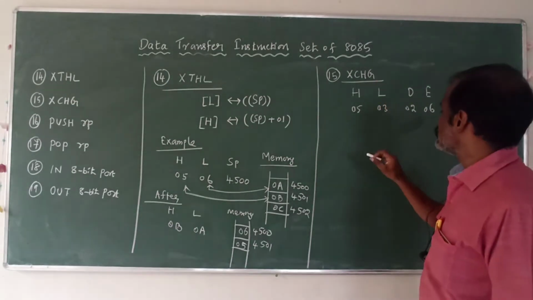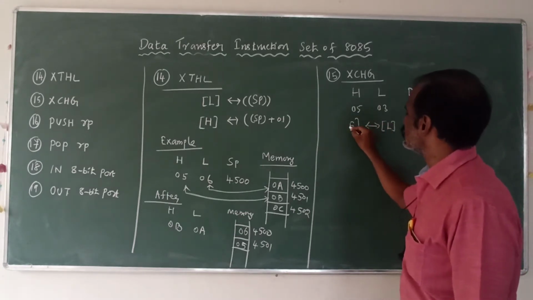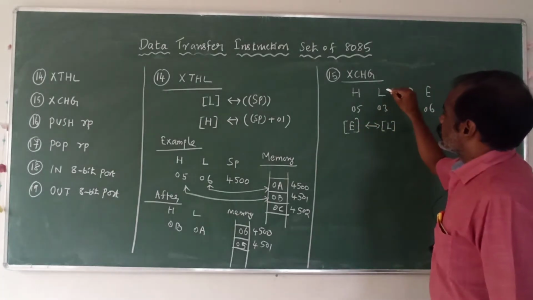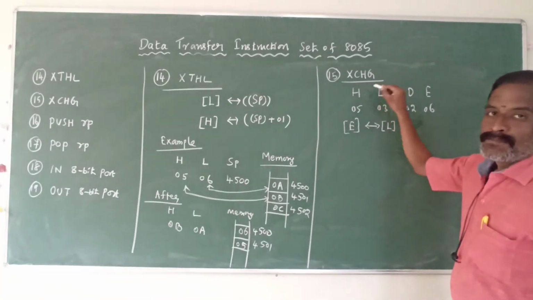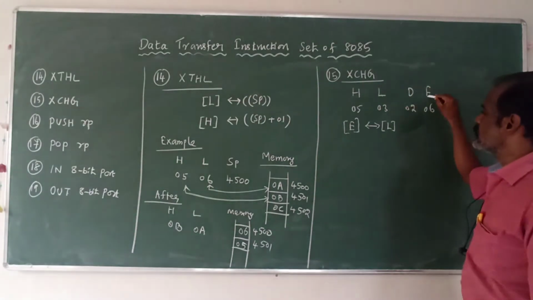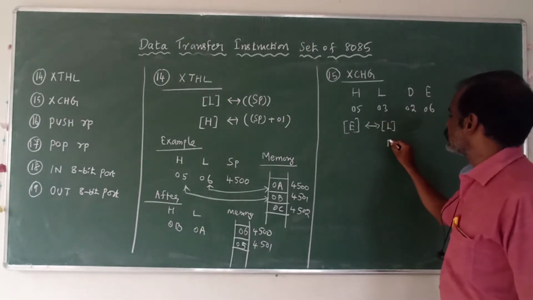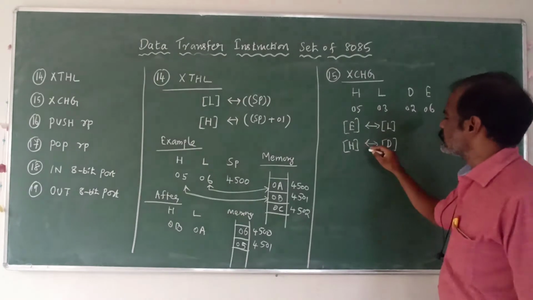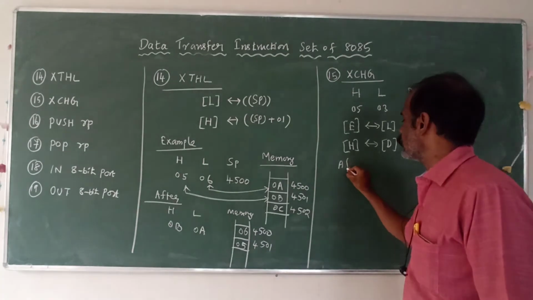Okay, now exchange means the L register data is exchanged with the E register. This is for HL and this is for DE. This is the LSB and this is the MSB, and this is the LSB and this is the MSB. The LSB data we can exchange. And then the D register data we can exchange with the H register, and this exchanges the MSB data. After executing this instruction,